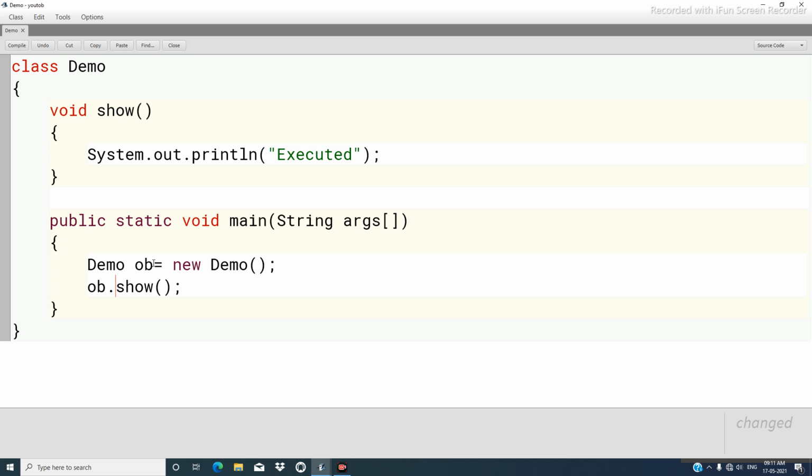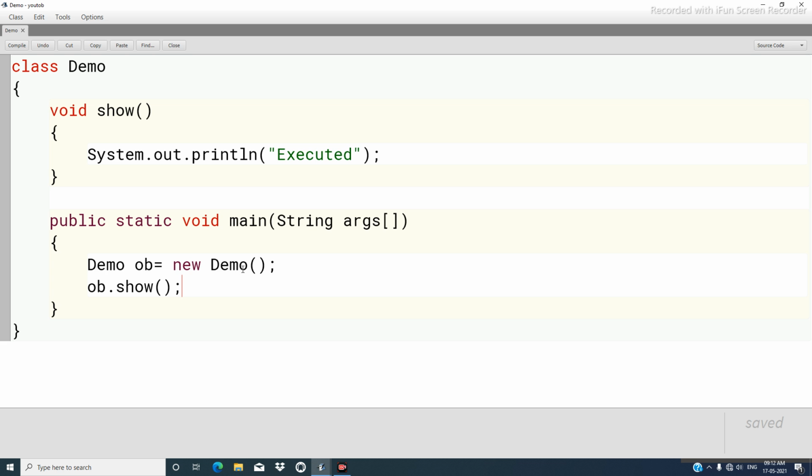So by creating an object, now I will explain this statement. Demo ob is equal to new demo. Now demo is the class name. Ob is the object that we are creating. This is the assignment operator, and new operator will create a new address or new reference for the object ob, and this is the default constructor, that is demo and the parenthesis.